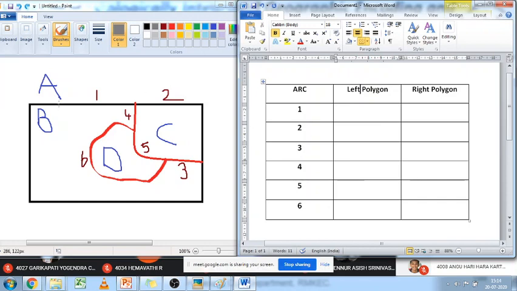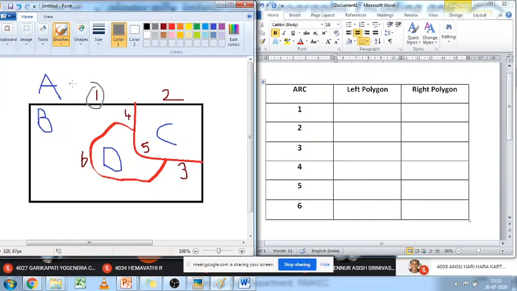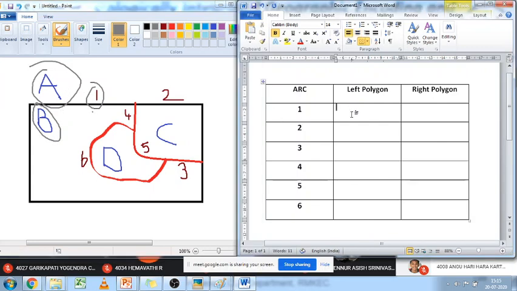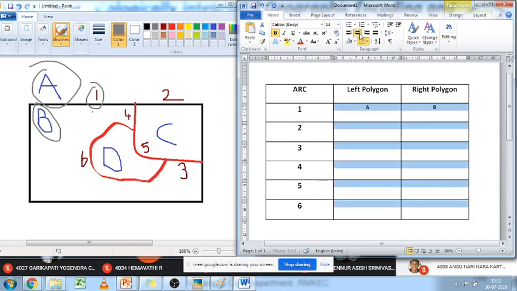So here for the area 1, we are going to take 1 into consideration. So 1 is a huge line. Okay, so we are seeing both the sides, what is available on that side and what is available on this side. You can see that on the left hand side of 1, A is available, and on the right hand side of 1, B is available. So the answer will be A and B. That's all. That's simple. Okay, so this is how we are representing the data in database format.